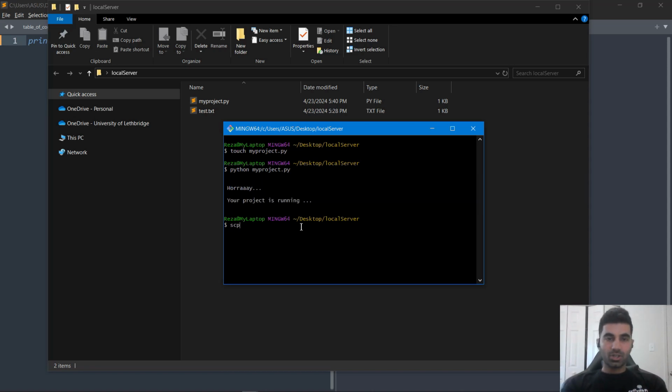So we want to copy this file from our PC, from Reza's laptop, to our server. The command is source copy, scp. And if you are moving a folder, you need to use -r, recursively, as well. But since this is a single file, we don't need to use -r. So the first argument for the scp command is the name of the file or files that you are trying to transfer, and the second argument is the path that you are trying to transfer the files to. So the path is GTX